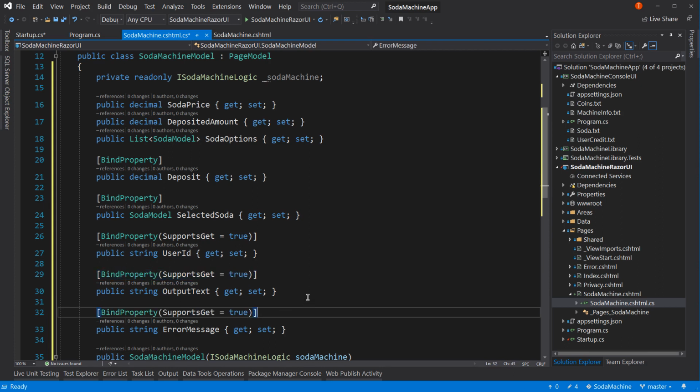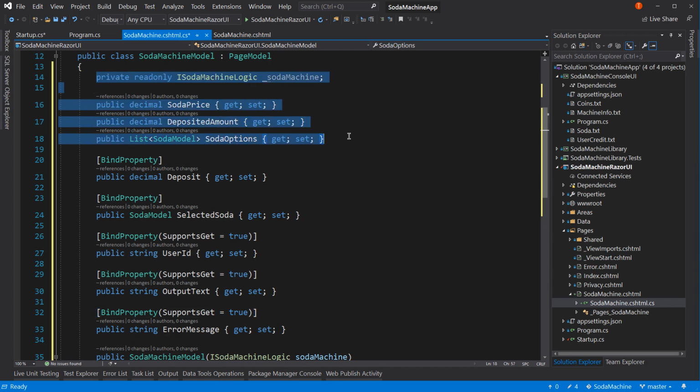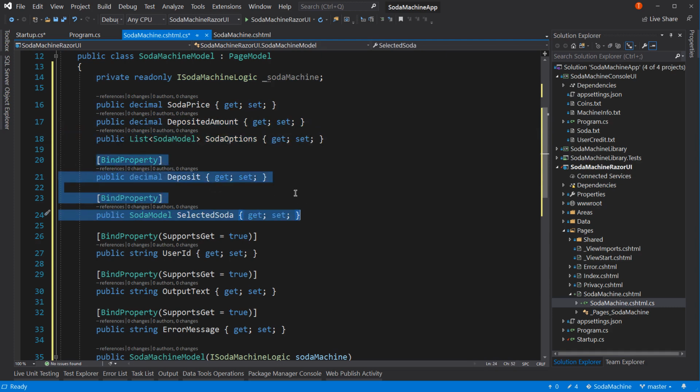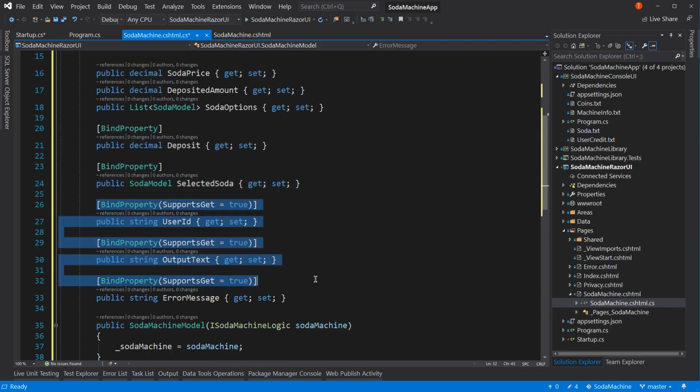So I think those are the properties we'll need. So we'll need these three for display purposes. We'll need these two for the user giving us information. And we'll need these three for us passing information to the next page refresh. We could try and support state, but I really do not like stateful